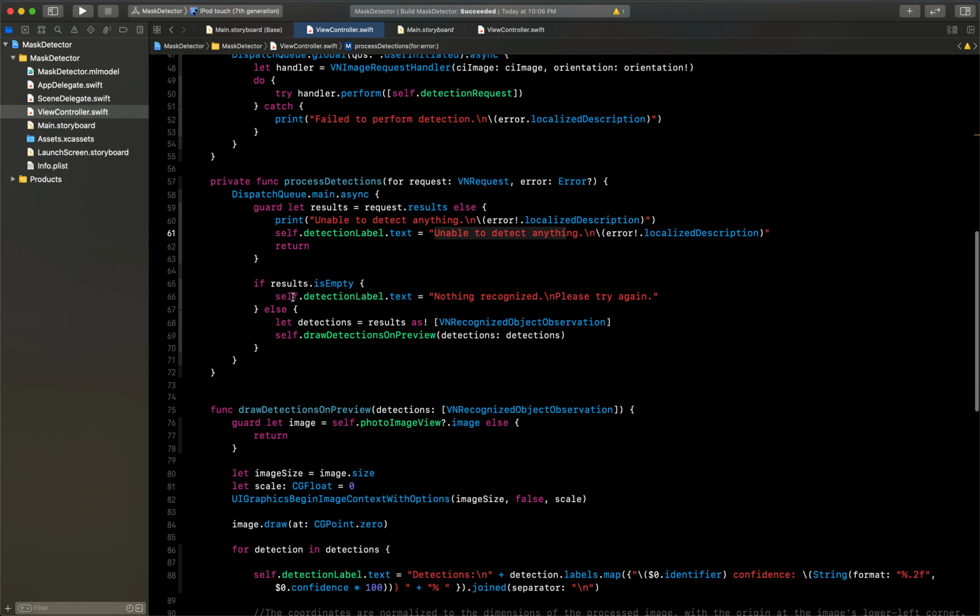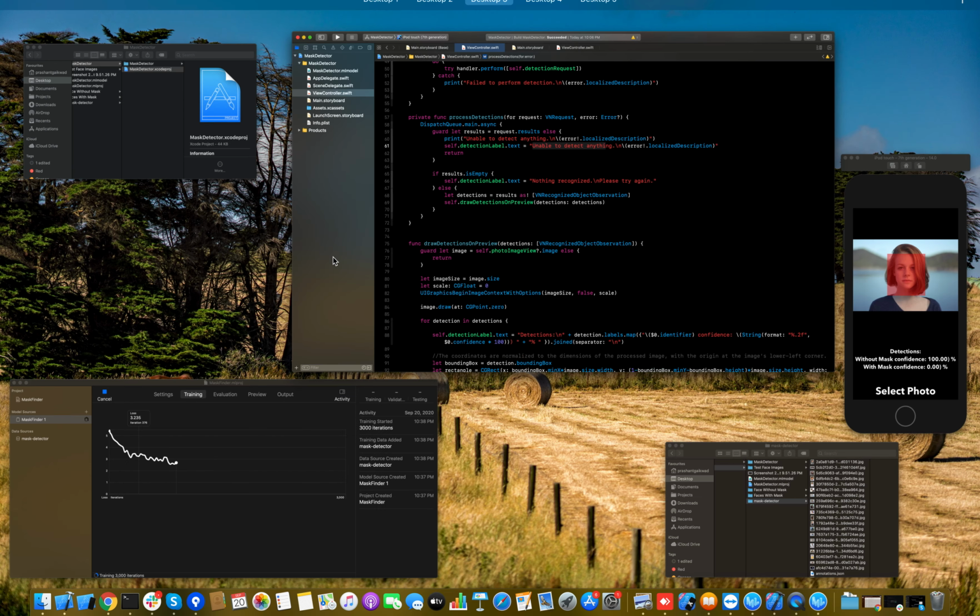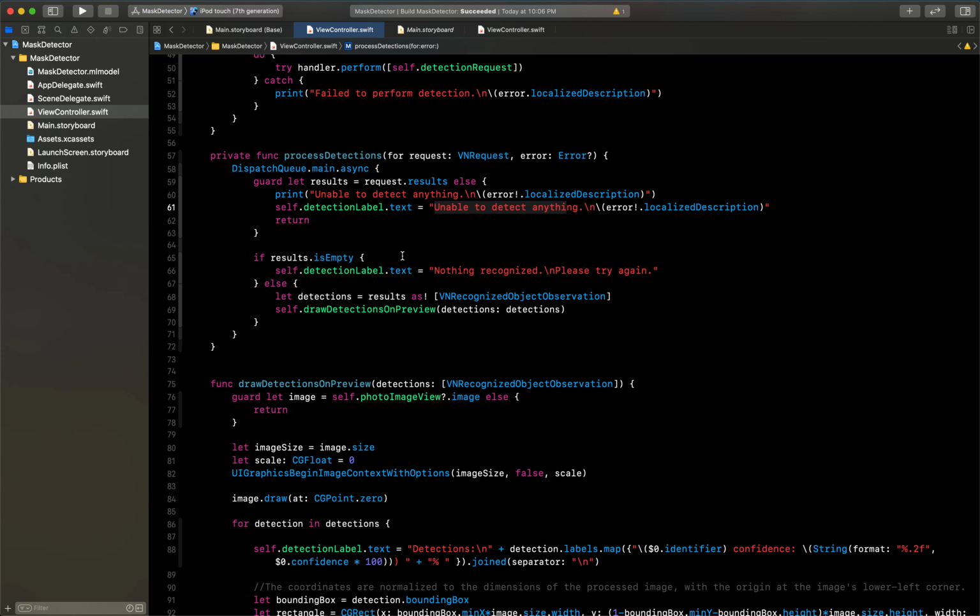And once we get the results, we need to check whether it's an empty array or not, because sometimes the machine learning model will not always work, and for this small application where we have used only 50 images, it's very difficult to detect each and every image. So that's why we will first see whether it is empty or not. If it is empty, then we will say nothing is recognized, please try one more image. And once it is not empty, it means we have got some result.